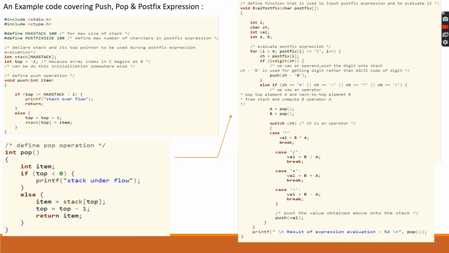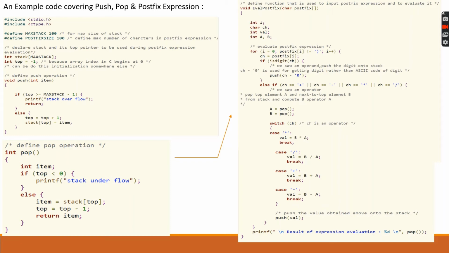Now we'll see an important code which consists of all these push, pop and postfix expression. So we'll declare the header files and define MAX_STACK 100, POSTFIX_SIZE 100. We'll take the top to be -1, because array index in C begins at 0, we start the top at -1. So void push(int item), defining the push operation function.